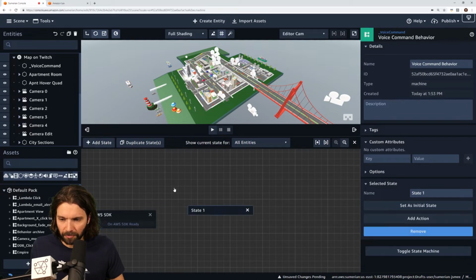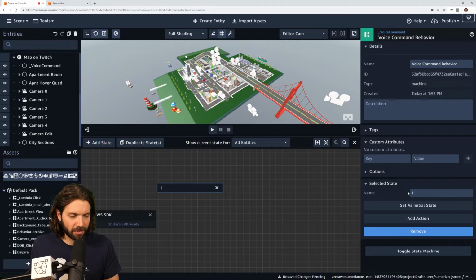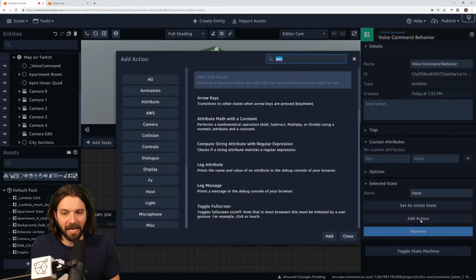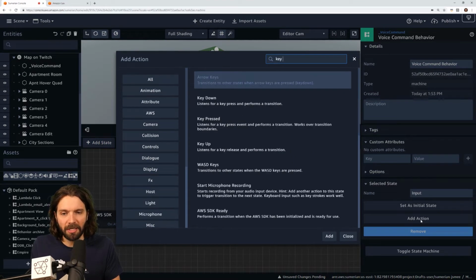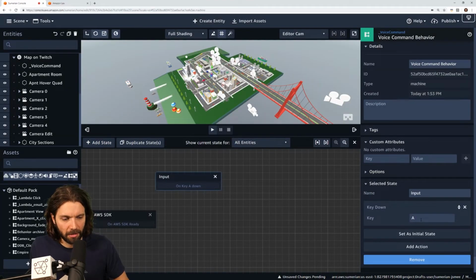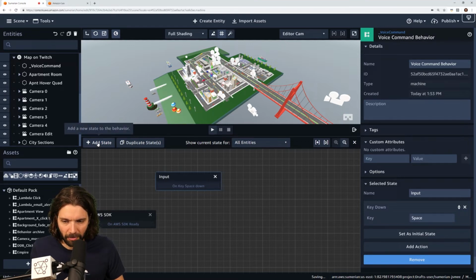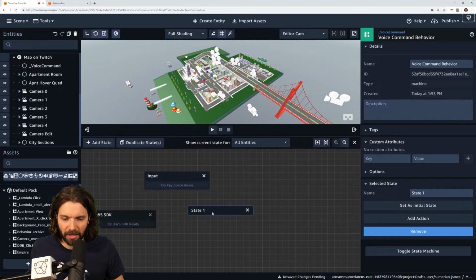All right. We're going to add another state, and we'll just call it input. Doesn't really matter what you name it. The add action is going to be key down. And the key that we're going to use instead of A is we're just going to use spacebar. All right, that will then transition to our next state, which will be